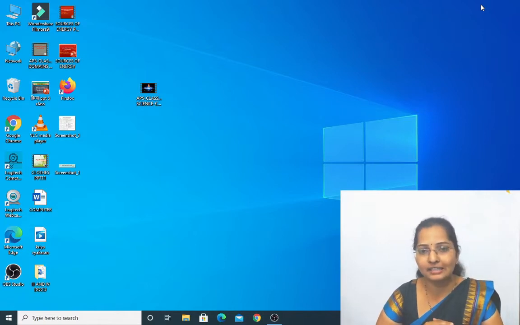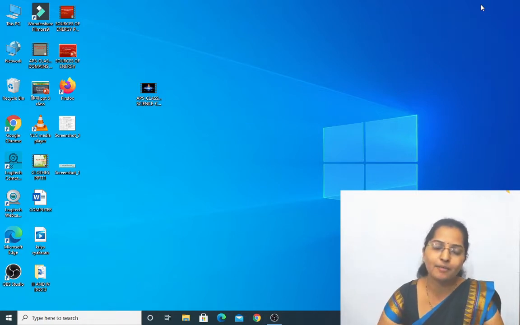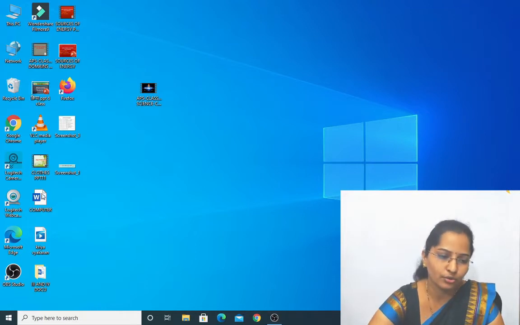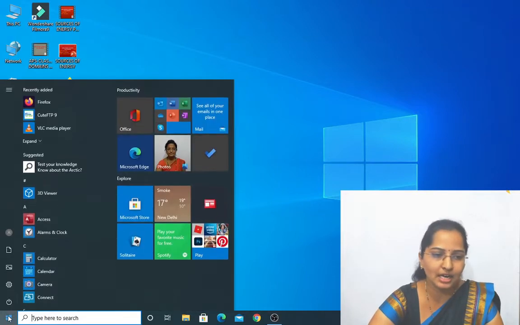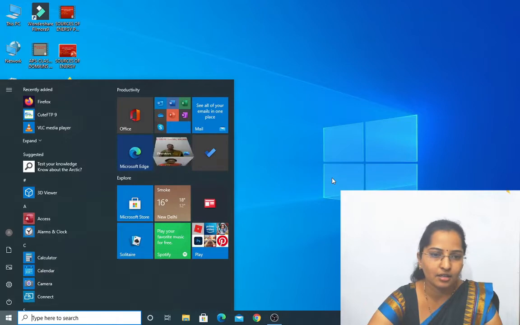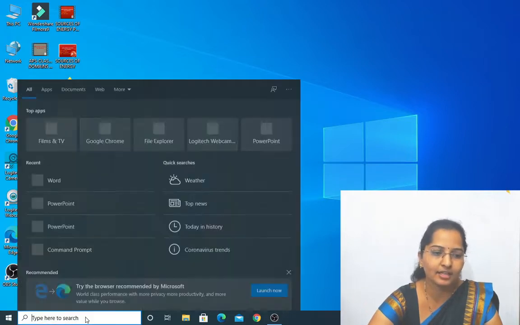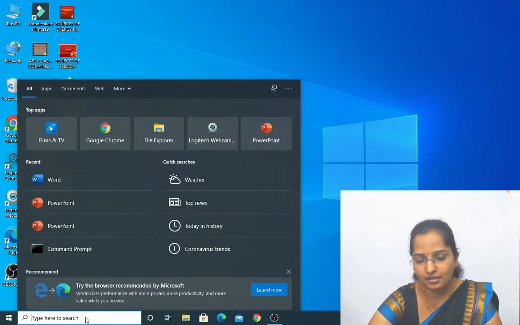Before going to start the 6th lesson, first we'll see how to open MS Word. To open any application, we have a very simple way in Windows 10 operating system. Either we can go to the start button here, or else directly search here in the search box.